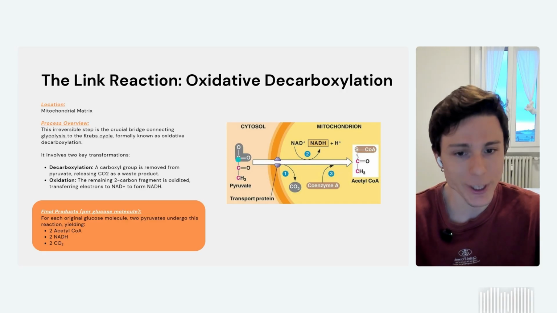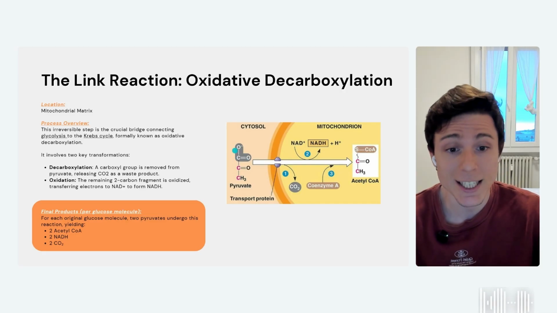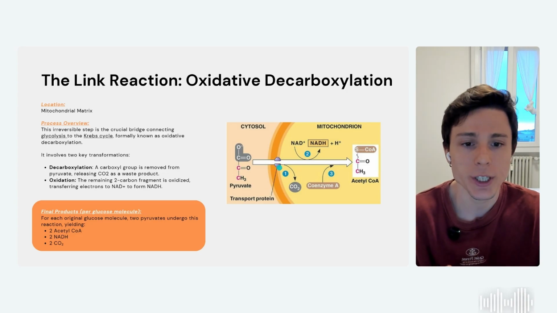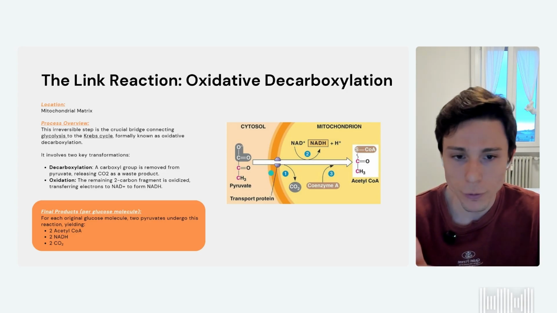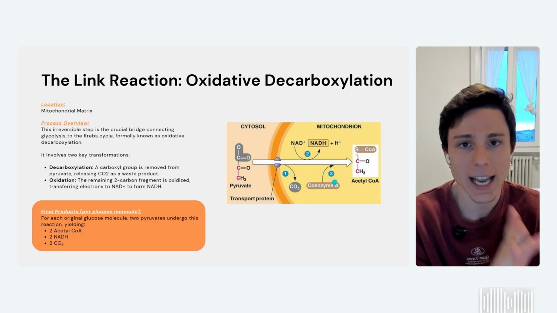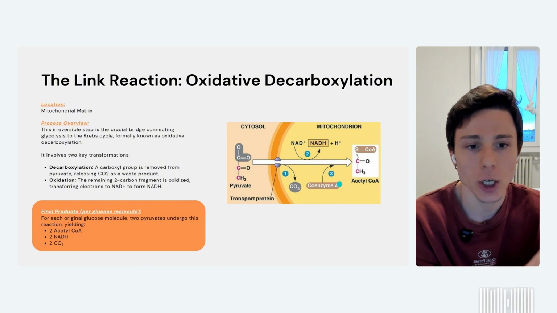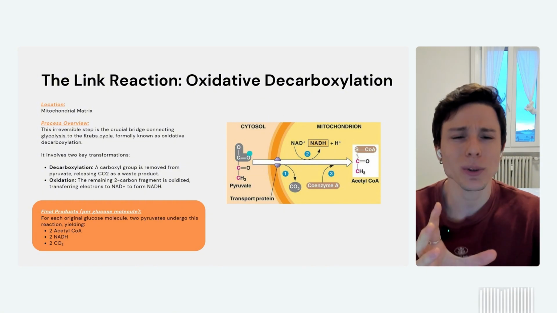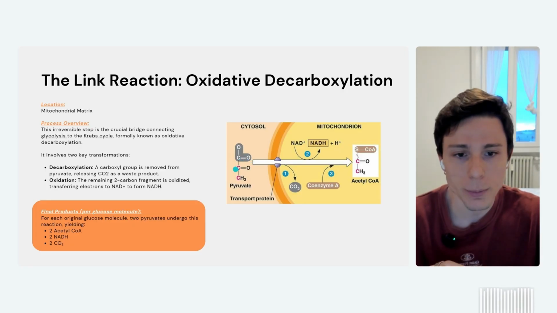First things first, we're going to have the pyruvate that we produce in the glycolysis, and it has to enter the mitochondria. We're going to have some transport proteins responsible just for that. Not important for us to remember the name, but once it's in, it's going to go straight to the matrix, and there is going to happen the first reaction inside of the mitochondria. I'm going to be honest with you guys here. The important thing to remember and to visualize is that the pyruvate has 3 carbons, as you can see here.